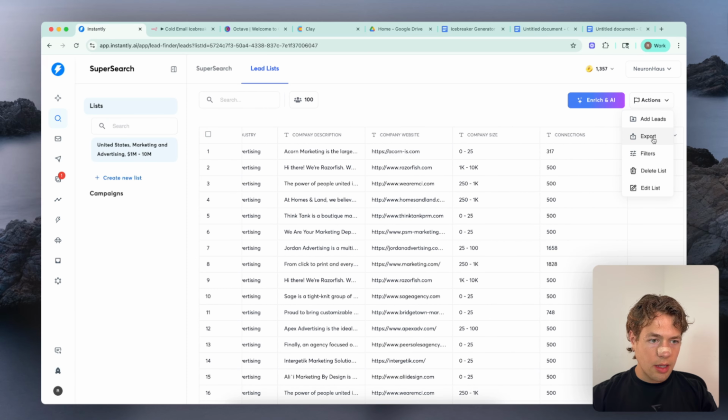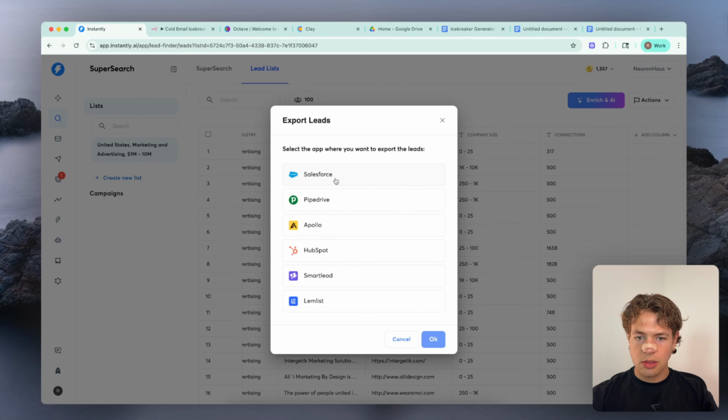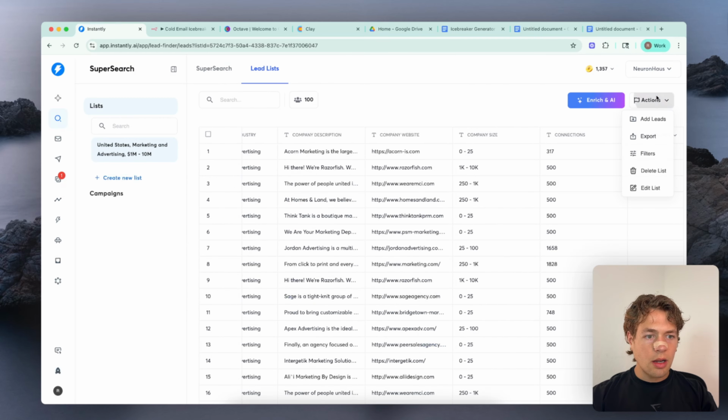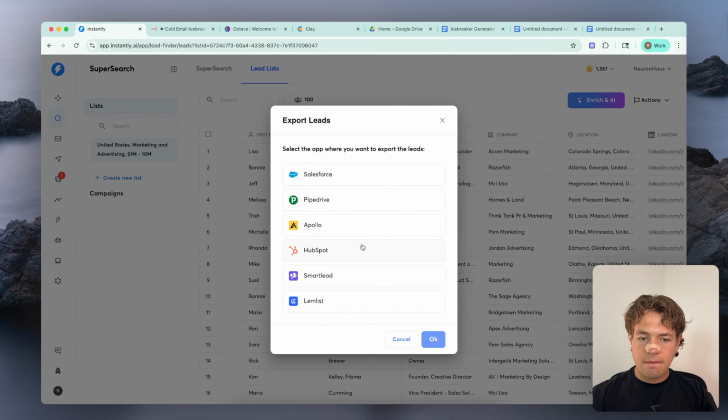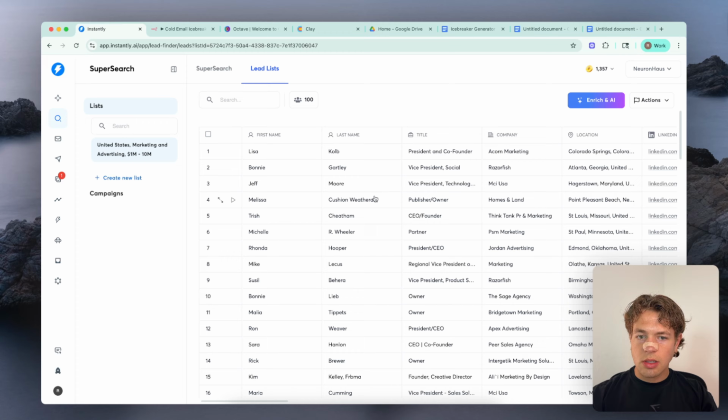And let's go ahead and export this to, I don't want to export to any of this. Can I not? That's annoying. So I can't just export it to a spreadsheet.